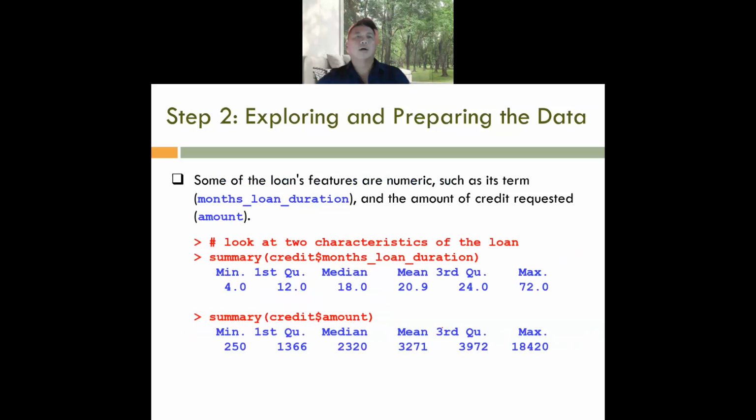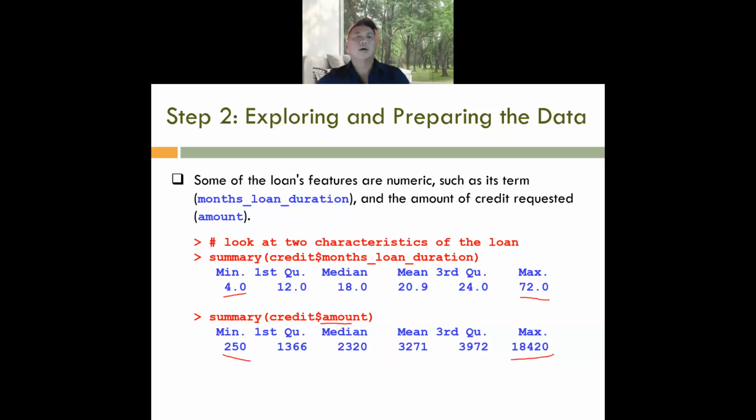So we also look at the summary for the month loan duration. The minimum month loan duration is 4 months, the maximum is 72, meaning 6 years. 5 years is 60 months, so this is 6 years. And this is the amount of loan that they apply for. This is the minimum, 250, and this is the maximum,